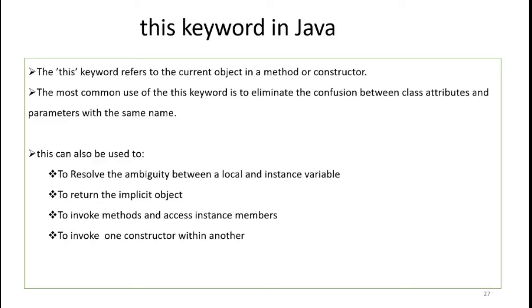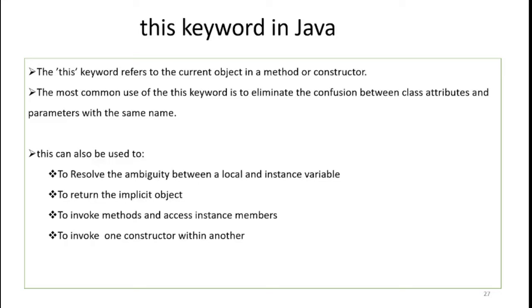The object which invokes a method is called the implicit or hidden object. Sometimes a method may need to refer to this implicit object. To allow this, Java defines the this keyword. So this keyword always refers to the current or implicit object. And the most common use of this keyword is to eliminate the confusion between class attributes and the parameters with